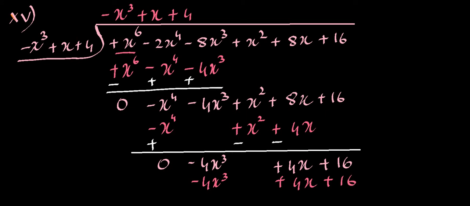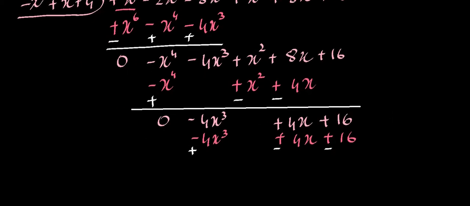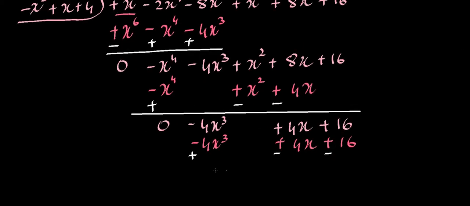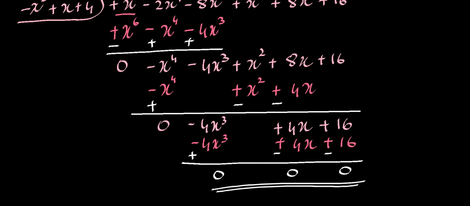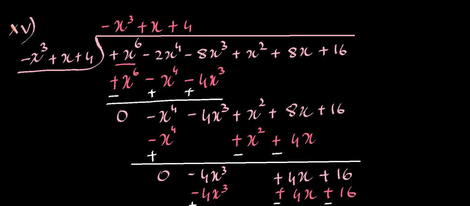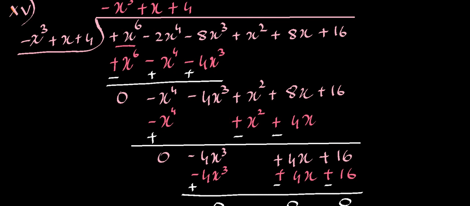And now my subtraction, change of signs, minus, minus. And if I move up a little bit, I can show you that my subtraction has yielded a 0 remainder. Okay, so my answer is done and my quotient is here, minus x cube